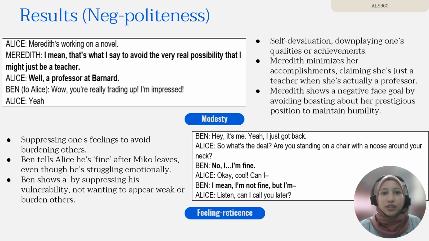She's being modest and trying not to come across as bragging about her professional accomplishment. In terms of face, Meredith's actions are also related to a negative face goal. When she says she prefers to say she's a writer, she's actually putting teaching in a lower position, implying that being a writer is more prestigious than being a professor. This is a way for her to maintain face and avoid feeling inferior, but admitting that teaching is her primary